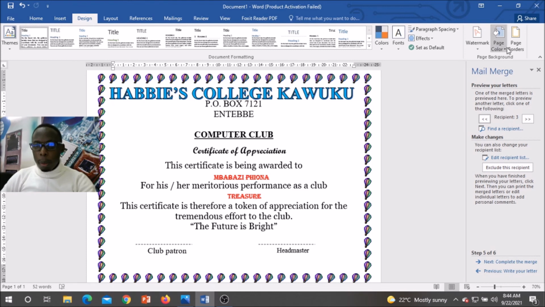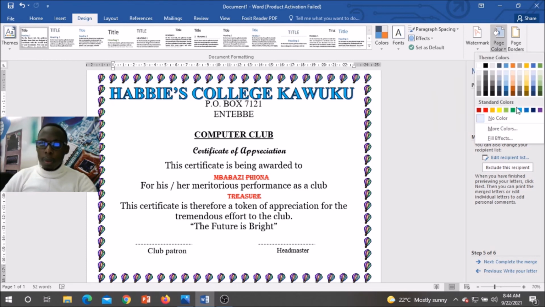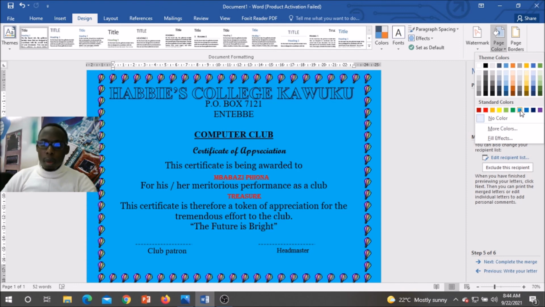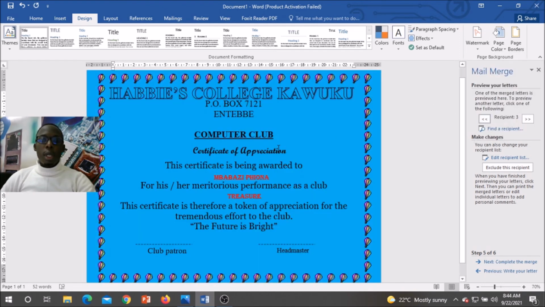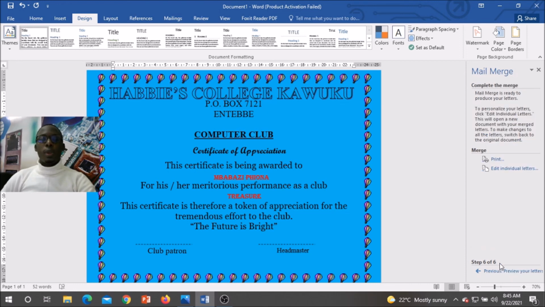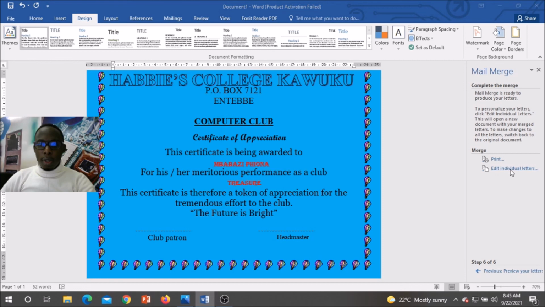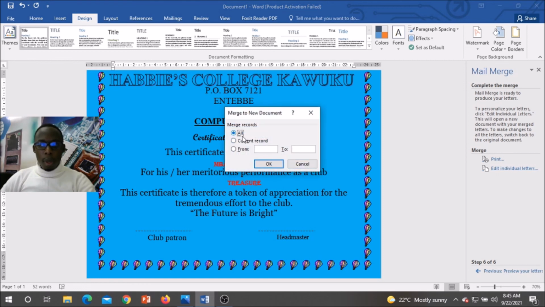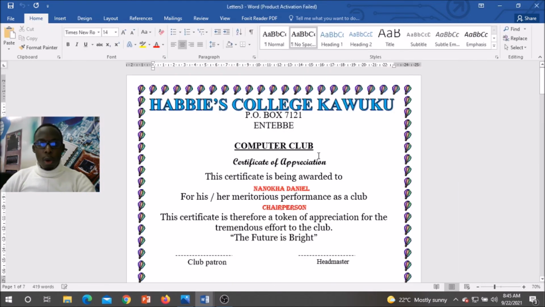We can also add maybe a page color, something of that kind. Then the next thing that you need to do, after you've added a page color, is complete your mail merge just by clicking here to complete the mail merge. Okay, and once you complete the mail merge, they'll ask you to edit individual letters. Then you can edit all, and just make sure all is selected here, then click OK,